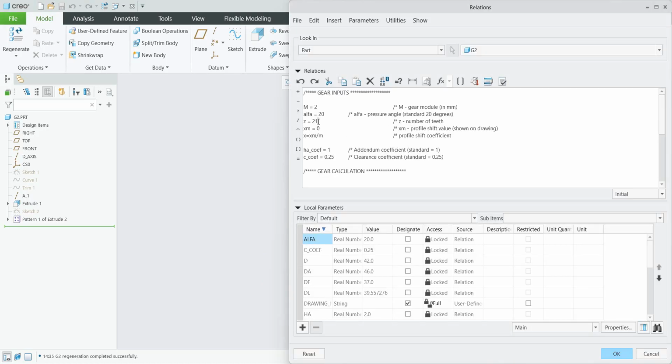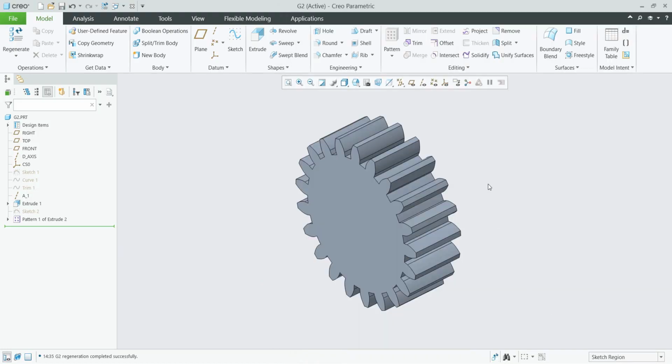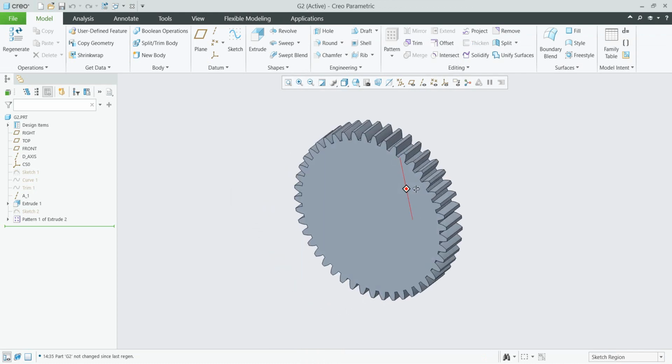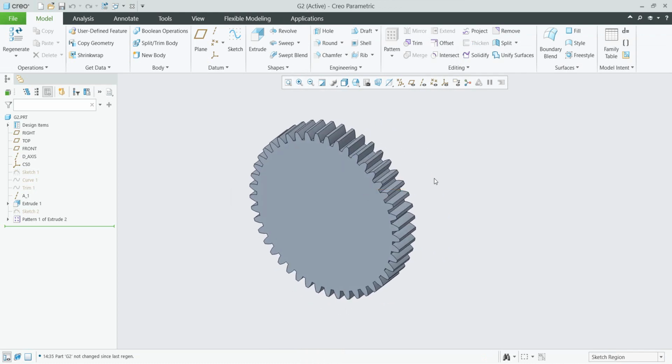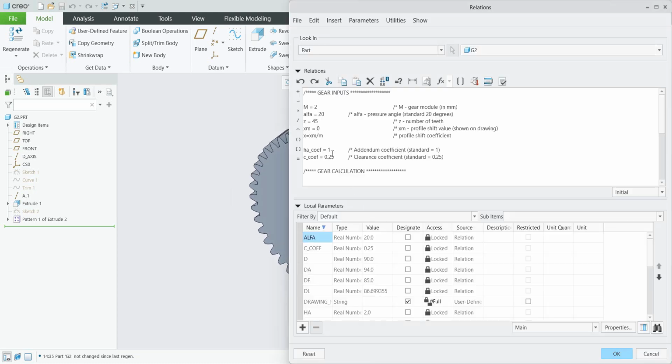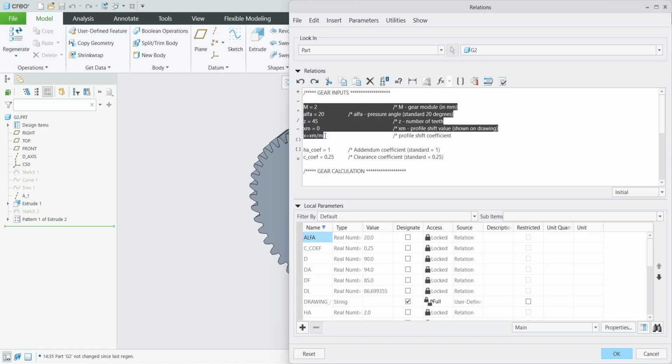Maybe it will be better to see the number of teeth. So for example, we can specify that we would like to have 45 teeth altogether. And if I press Ctrl G, it will be much bigger. It's great. So now it's really only about how you would like to put the input. If you would like to put the input directly from here,